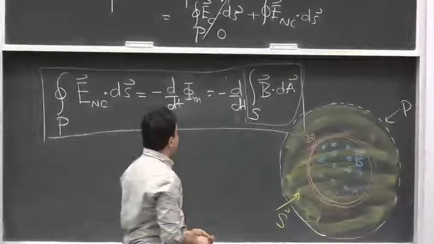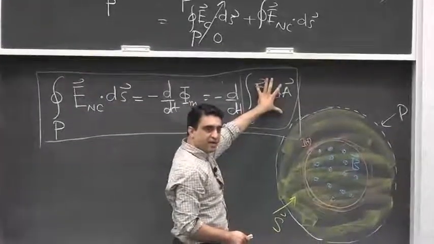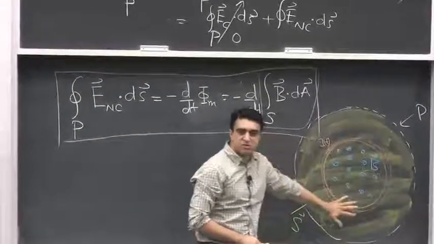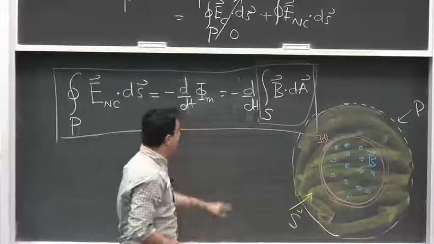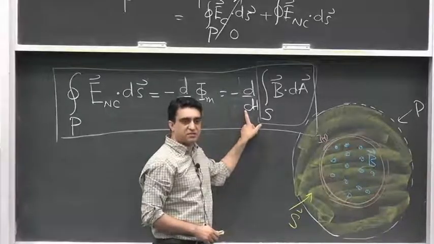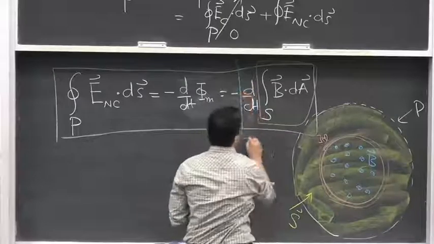So what does this right hand side say? What would be this thing inside the bracket? It would be the total magnetic flux passing through this open surface S, and you have a time derivative of that. So what does it tell you? This whole thing tells you